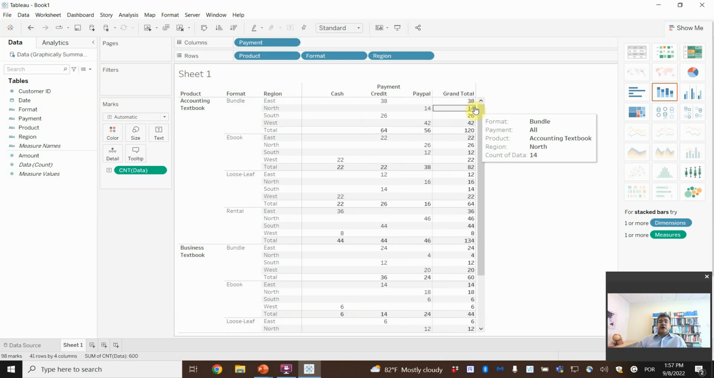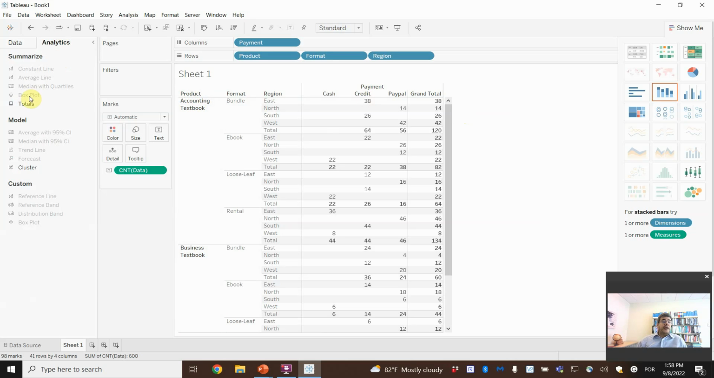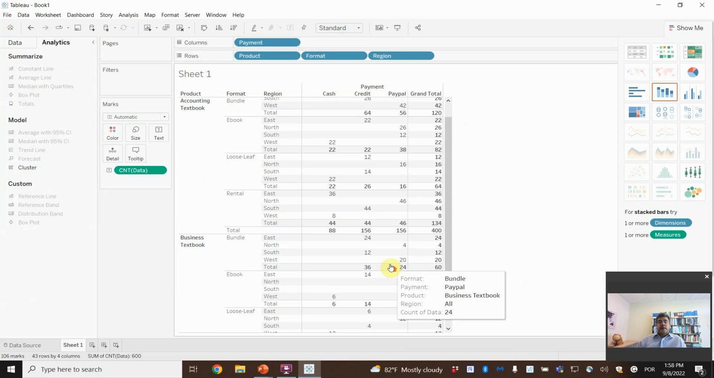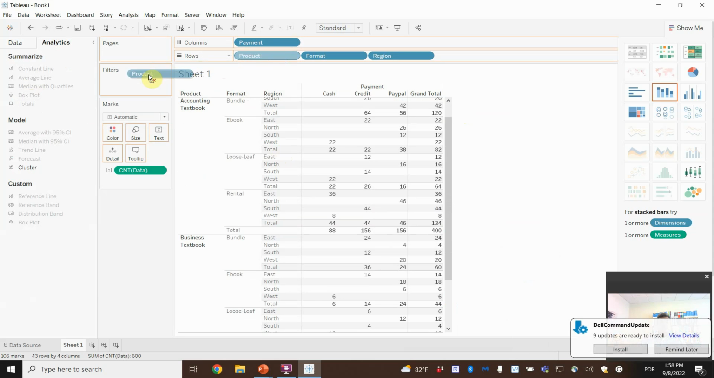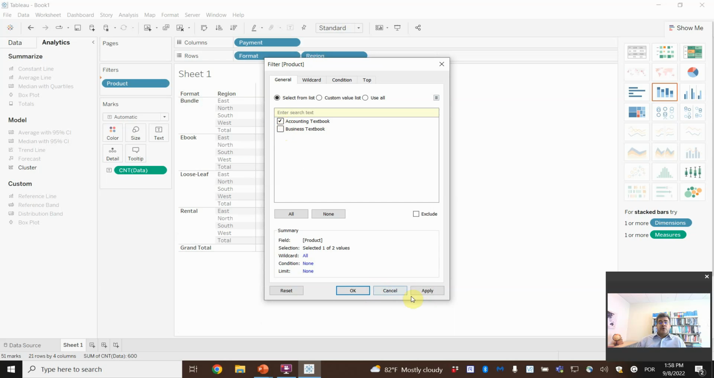So here is our column. But then our report is being too long. So instead of adding one additional column here and then totals, with more subtotals on 400 accounting textbooks and 200 business textbooks, we can simply go on product, move to filters. And then which one do we want? Accounting or business? Here we want both, but we can go only on